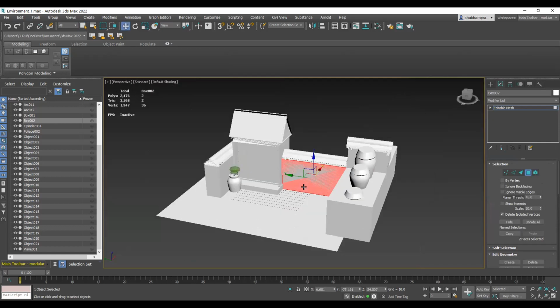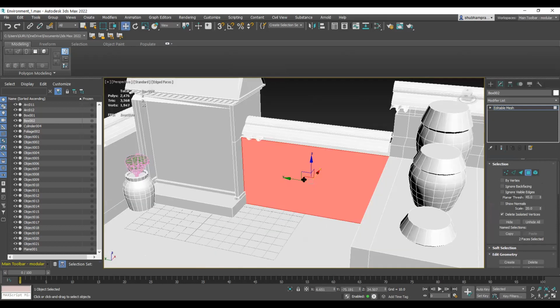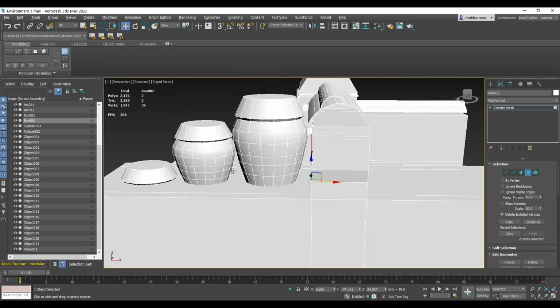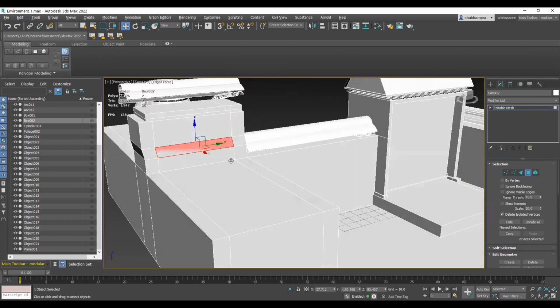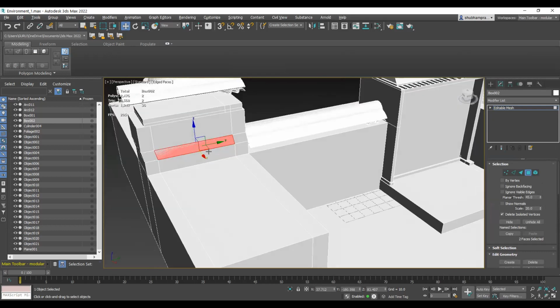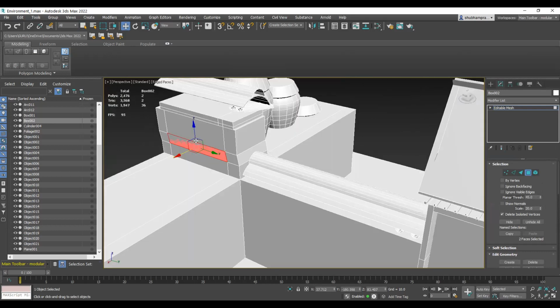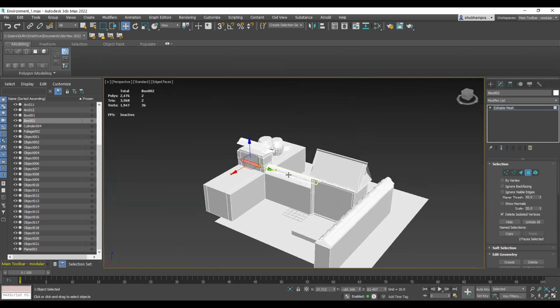It's overlapping with this. Maybe inside there is one more box or something that's combined with this. Something happened here. Here also double. Everything is double. It's flickering. So I guess accidentally you have duplicated the entire model.